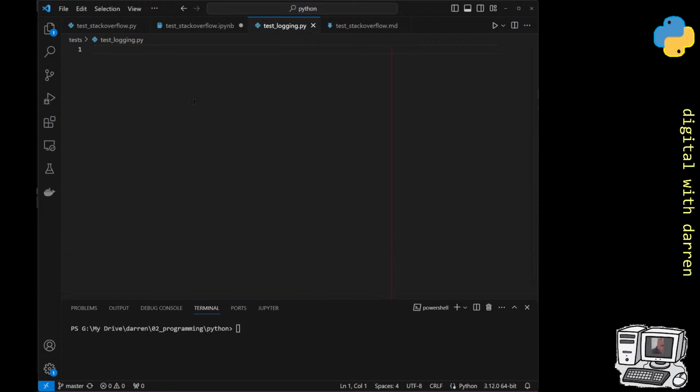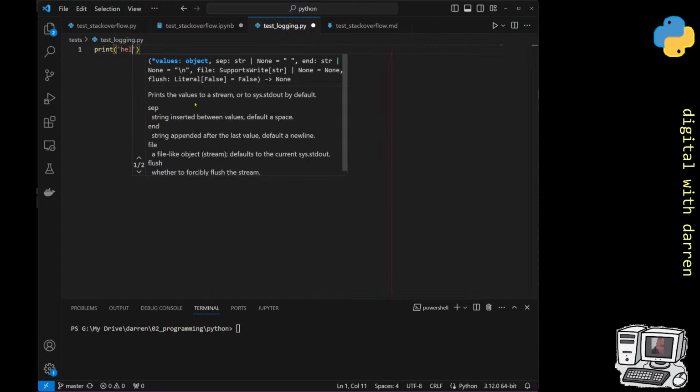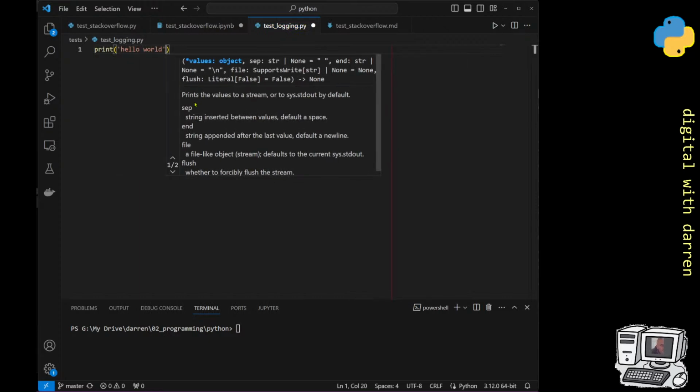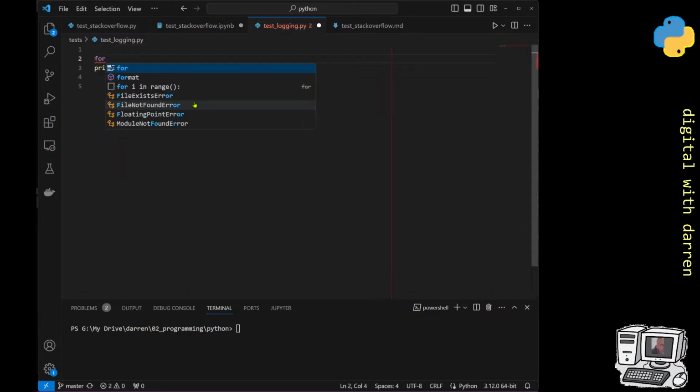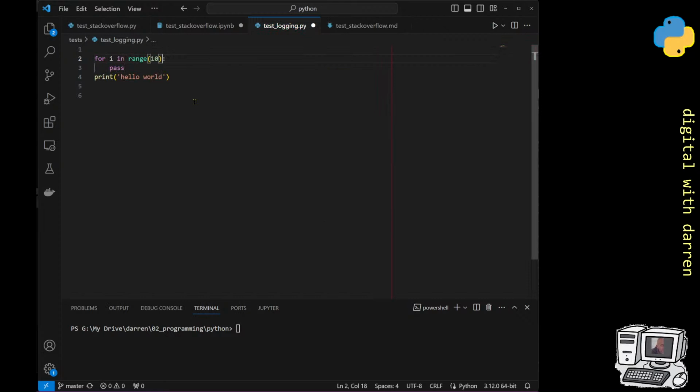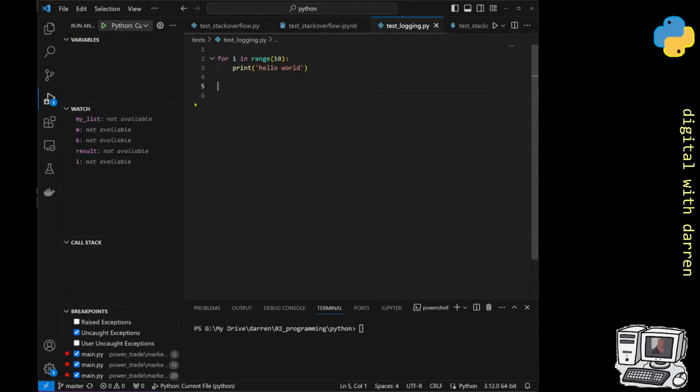And the reason why I want to do this is because there's some code that I run on a remote server, and if I do a print here, print hello world, and I run this code, and in fact say I do this in a loop, so for i in range 10, and instead of pass here, I'm going to print hello world like this, and when I run this little piece of code like this,